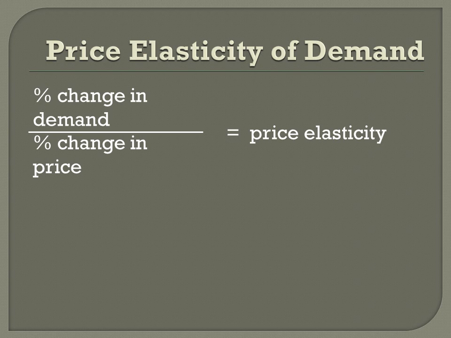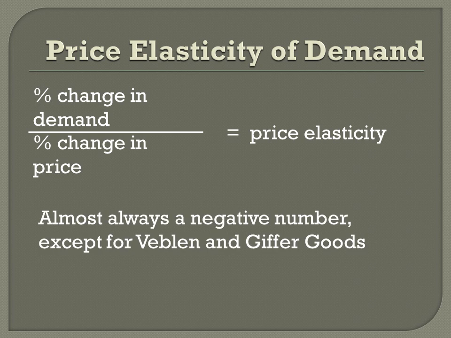There's a very specific formula for the price elasticity of demand. You take the percentage change in demand, you divide it by the percentage change in price, and the answer is the price elasticity. The price elasticity is almost always going to be a negative number, except for something called Veblen